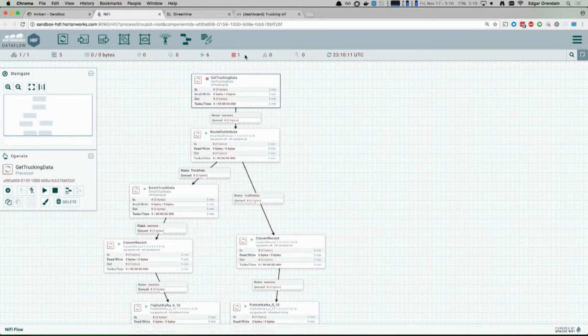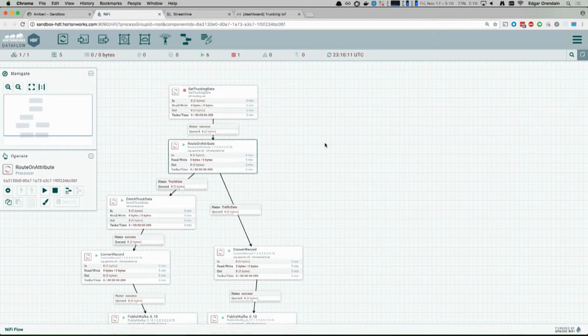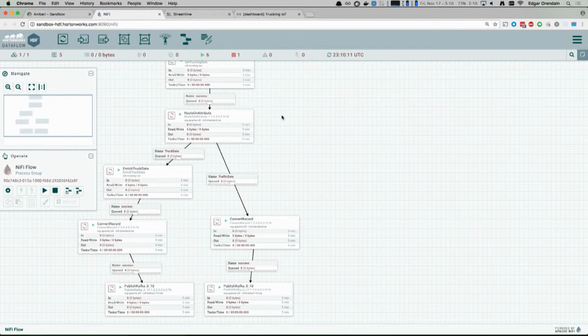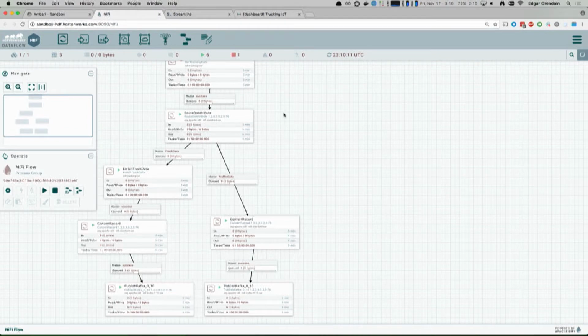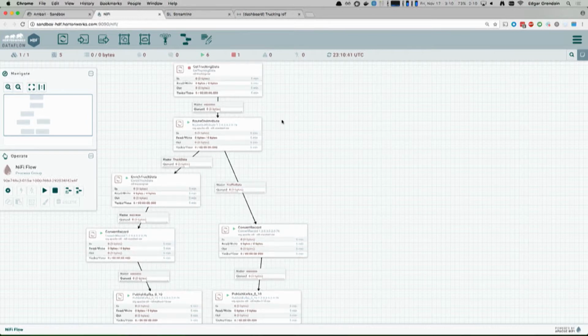So this is our simulated edge where data is generated. And using NiFi, we take different processors and perform either transformations or we check on certain conditions, and we move this data to some sink.